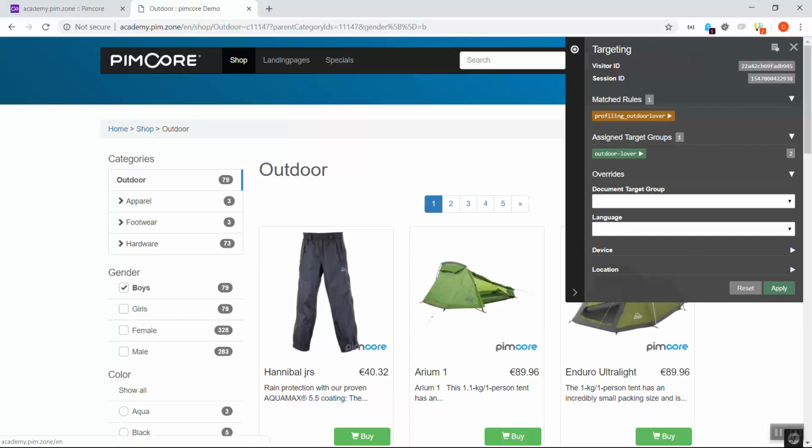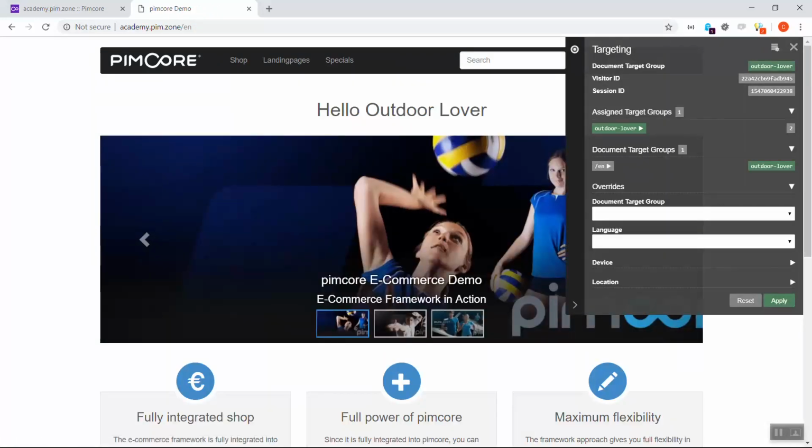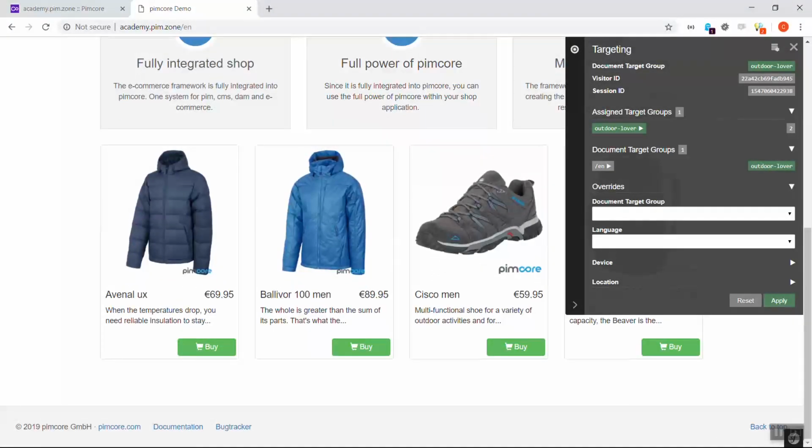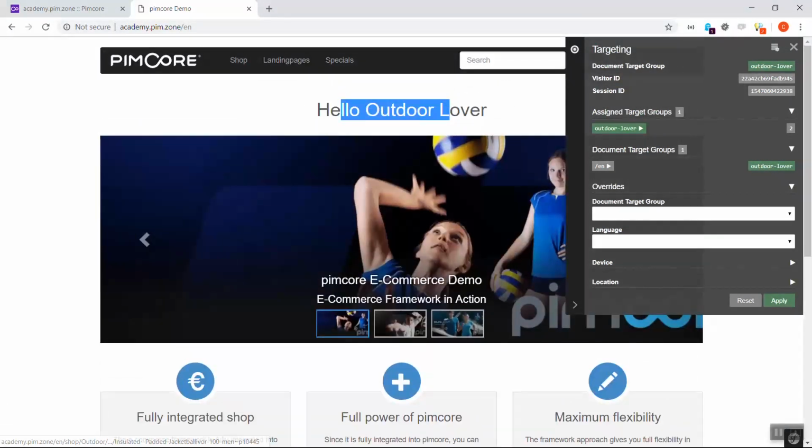So, for the final step, let's go back and see if the automatic delivery of the personalized content also works correctly. So when we go back to the portal page, now we would expect that Pimcore delivers us the content for the outdoor lover. And let's open up the portal page, and there we see it's the outdoor lover content again, where we have all the products that we defined before and also the headline